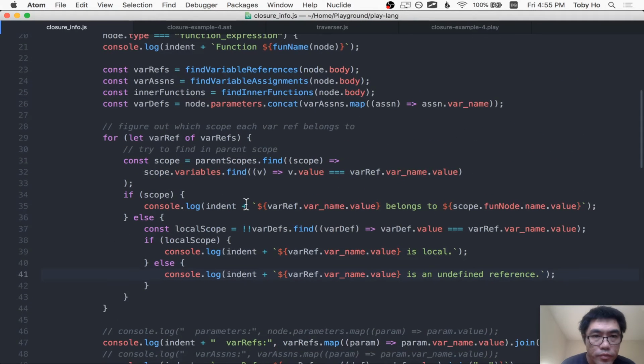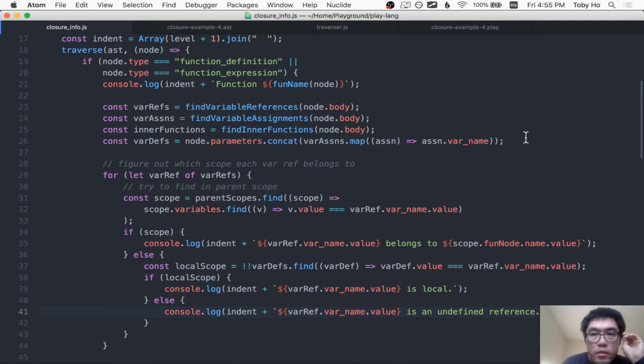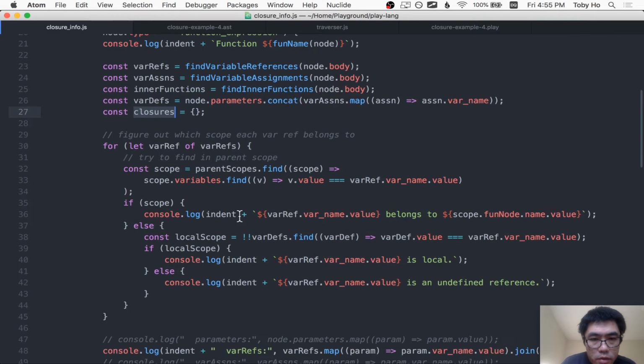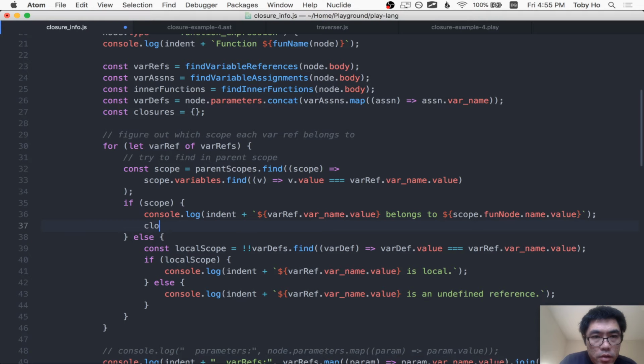So maybe I make a dictionary here called closures, and then if you find a thing that belongs to another scope, you'll add an entry to this closures